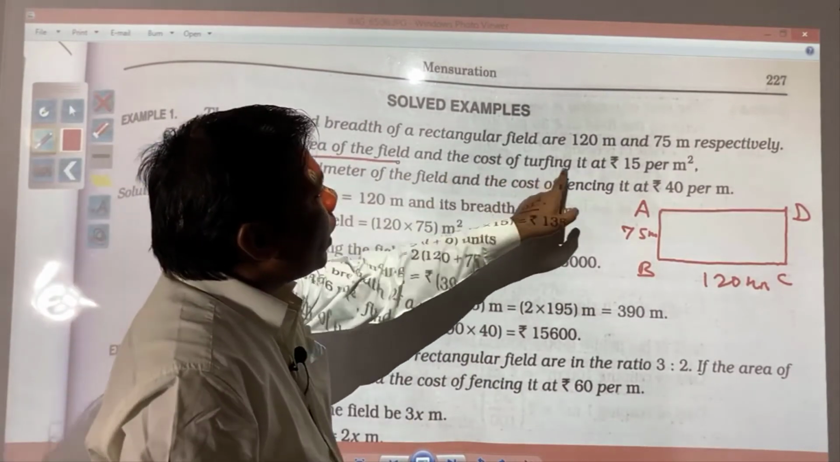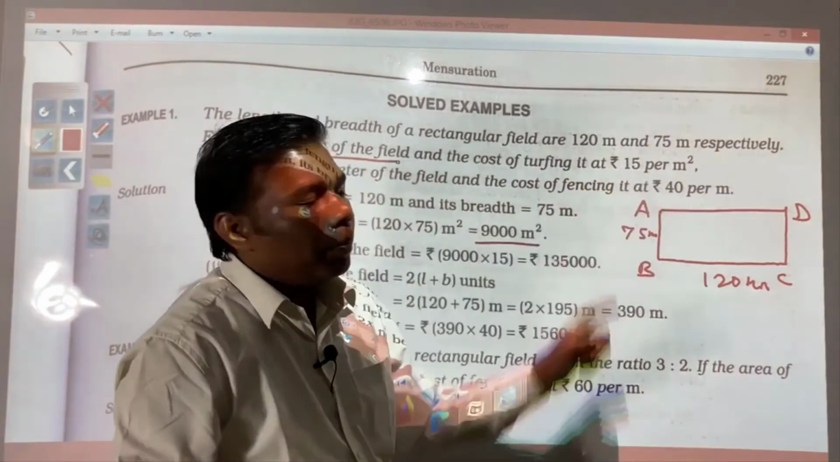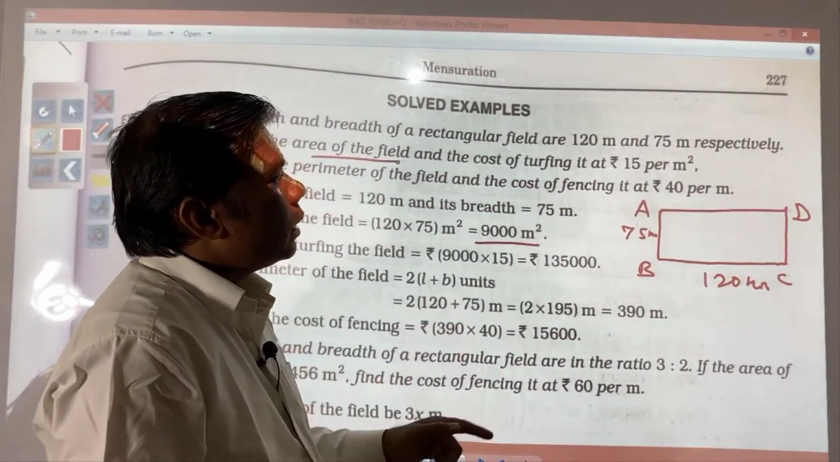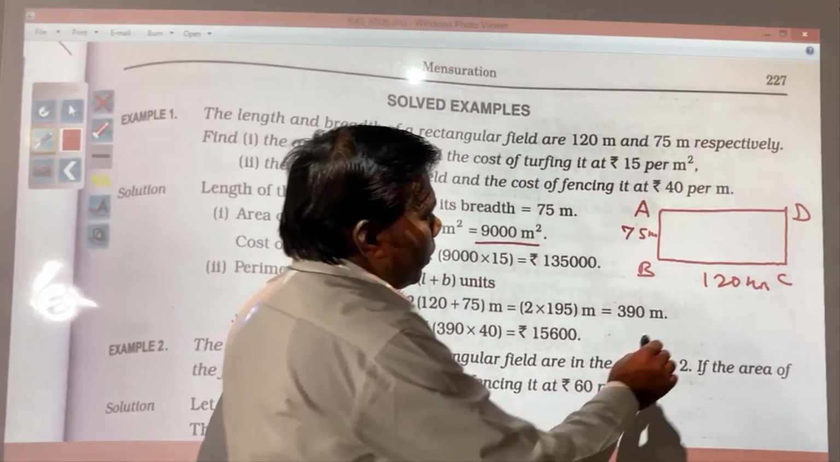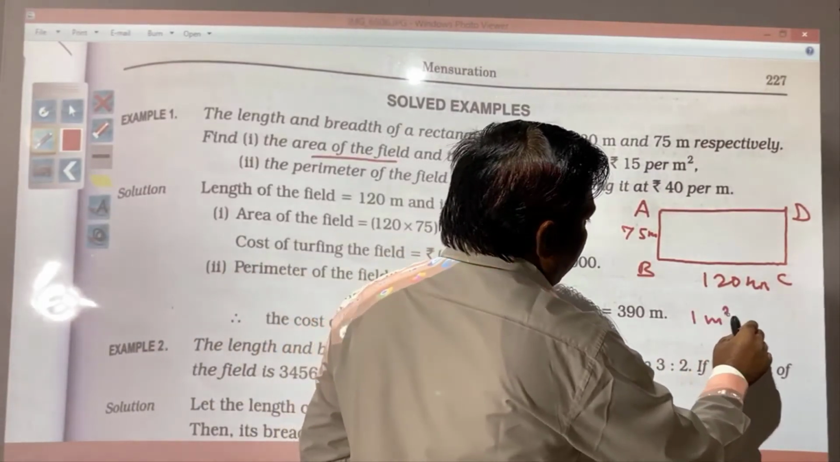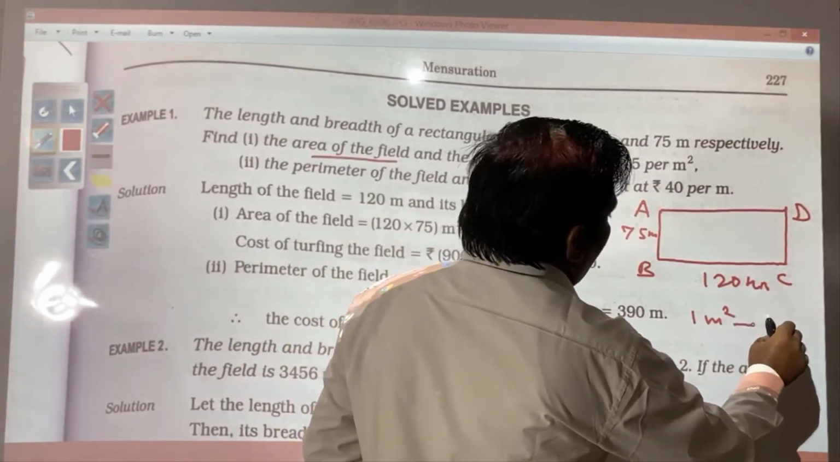Now the cost of turfing it at rupees 15 per meter square. Just try to understand. If 1 meter square for turfing costs 15 rupees,